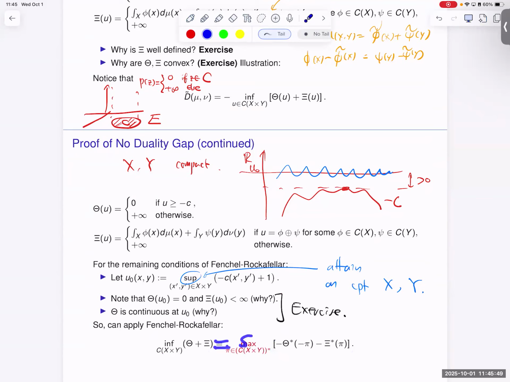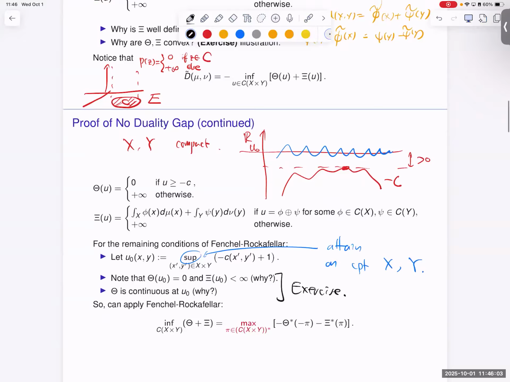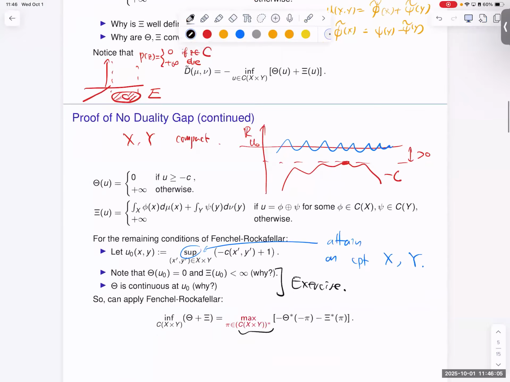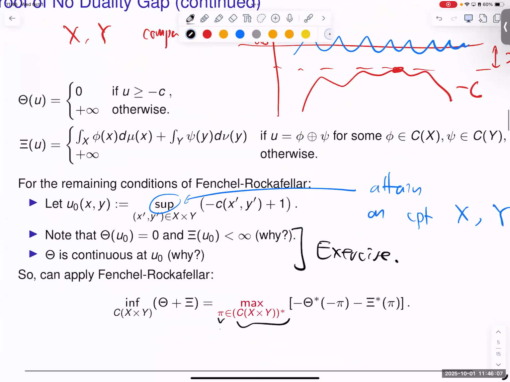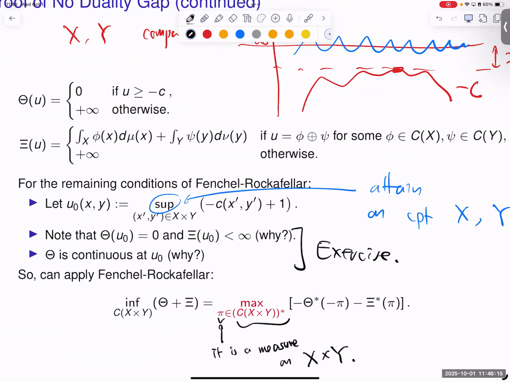The value is the same as the supremum value on the right-hand side, and the supremum value is attained by some element in this dual space of the continuous functions. But the dual space of continuous functions, this is a measure on the product space, right? So the dual of continuous functions